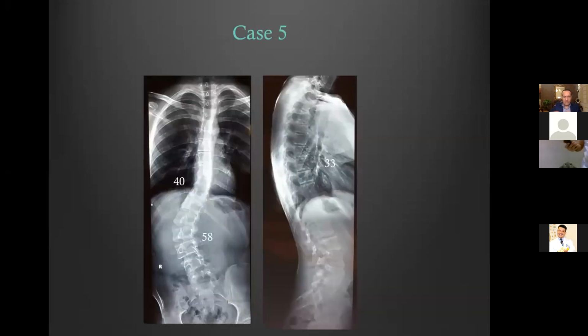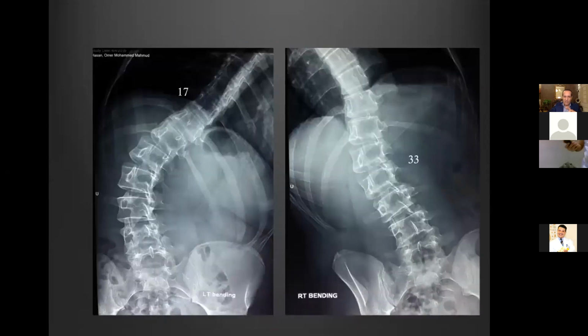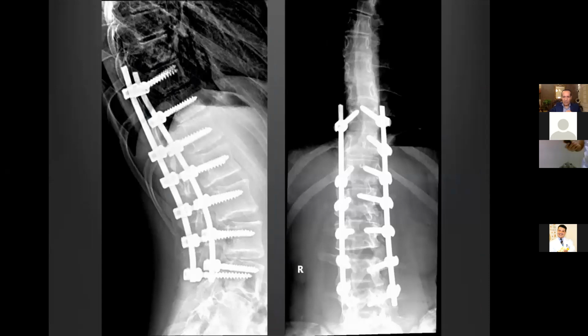The last case, according to the Lenke, is the lumbar curve, the main one, which in this case, as you see, is 58 degrees, and 40 is about the main thoracic, but if you see the flexibility is going to 17, which is minor. So we are selecting only the thoracic, thoracolumbar lumbar curve, and we did our fusion and selecting the